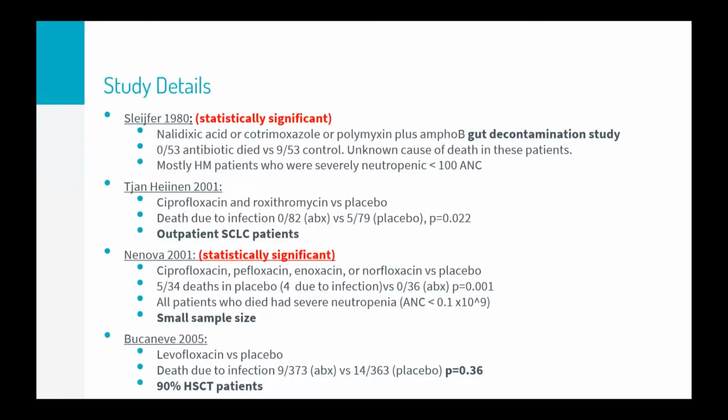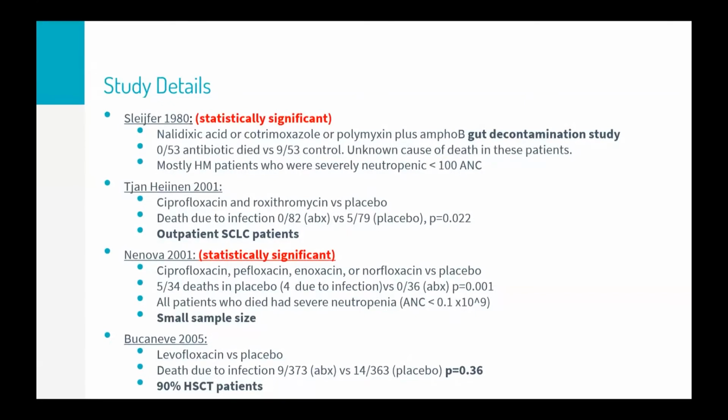So here are the study details. First, the Sleefer study in 1980. This was an overall gut decontamination study, which is not done anymore because of tolerance and lack of absorption of the drugs. Generally, patients get severe diarrhea. They used nalidixic acid, polymyxin, and Ampho-B for the entire duration of neutropenia, and patients, as you can imagine, did